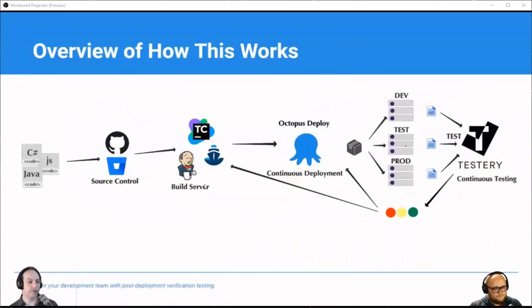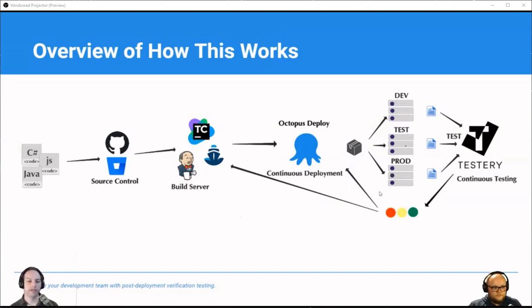You have your build server, which assembles your test artifacts as well as your production artifacts. And then your build server, with all the nice integrations they have with Octopus Deploy, will push those artifacts to Octopus Deploy, where you can then create a release, which is a consistent set of artifacts that get deployed to your various environments. And depending on which environments you have and how your life cycle is set up, that could be multi-tenanted, it could be single tenant, and it can go through various environments like dev, test, and prod,